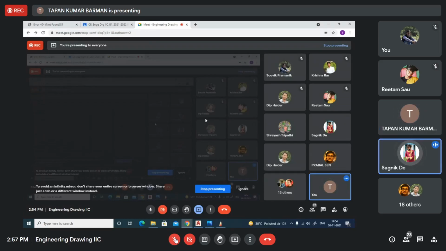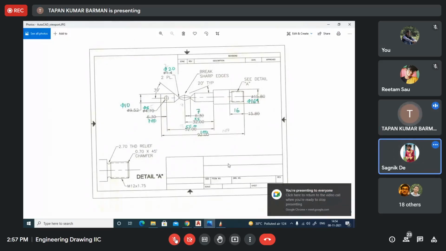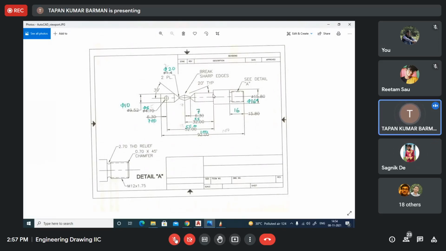Sir, please you open the assignment once again. Yes. This is the assignment. Okay. So, sir, I will upload this assignment in the Google Play. Yes. Sir, what is the distance between the dashed line and upper thick line? From here to here? This one? Yes, sir. This part? Yes. You're talking about this part?